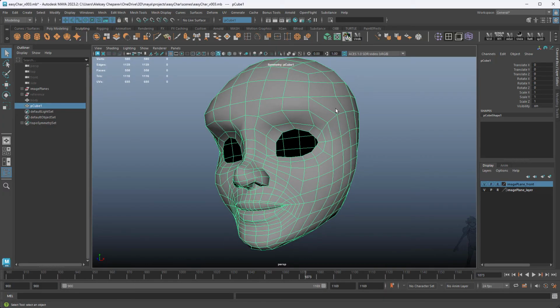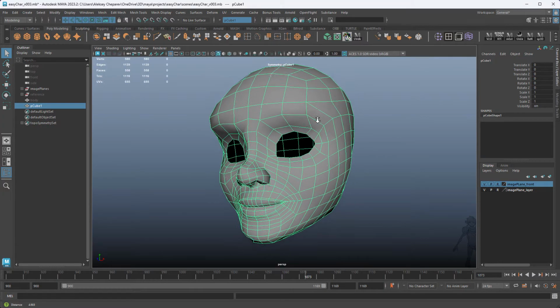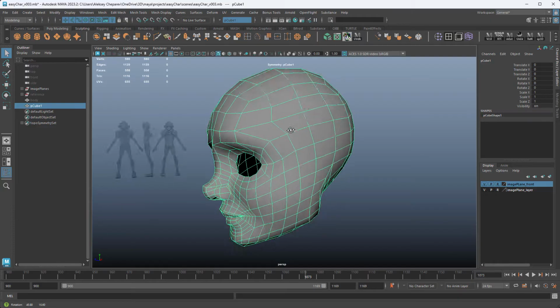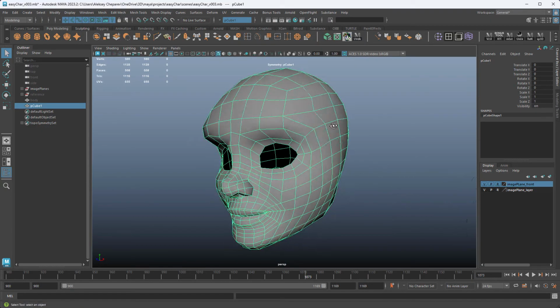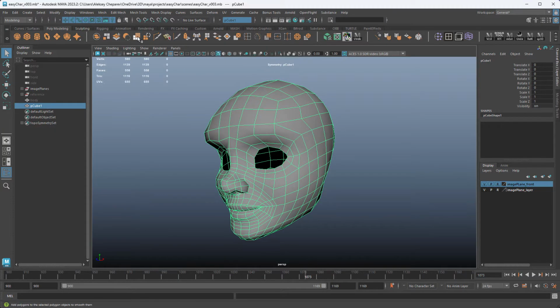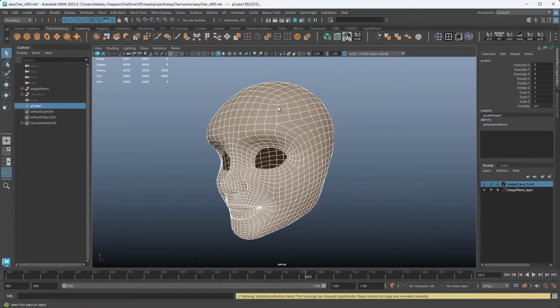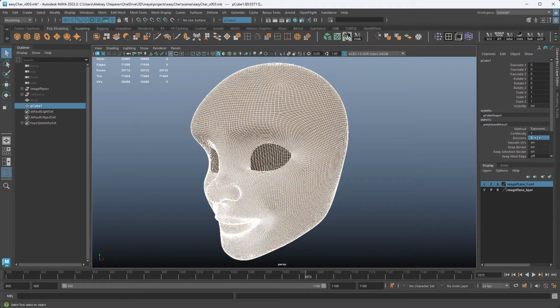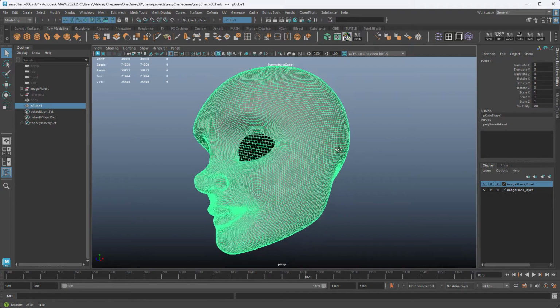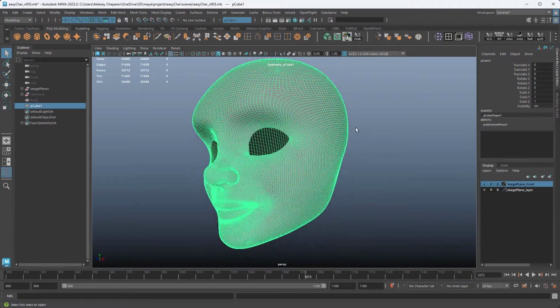So the first thing I need to do is subdivide this, because if I don't subdivide, there's not really much to sculpt. And if you press 3, you're not subdividing. This is just a preview. So the way I do it is I'll do a poly smooth on it, then you go to the options for the poly smooth and set this to something high. You don't want to go too high, so something like 3 works really well, and you can see it's going to be pretty dense. And now we can start sculpting.